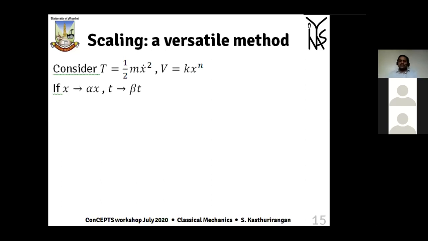This is nothing but I have rescaled the time scale and distance scale of the problem to a new scale. If you are uncomfortable with this equation, you can write x prime is equal to alpha x and t prime is equal to beta t, and if that works for you better, fine. If you do this, then what happens to the kinetic energy term? Kinetic energy term is proportional to x square by t square. So the new kinetic energy term scales as alpha to the power 2 and beta to the power minus 2, just because of the scaling of the distance and time variables.